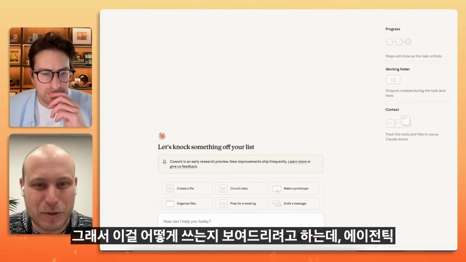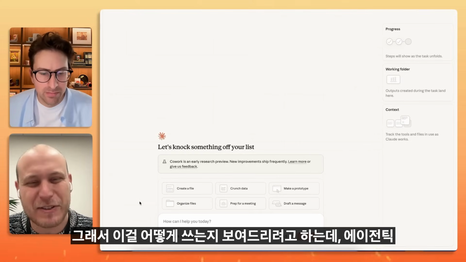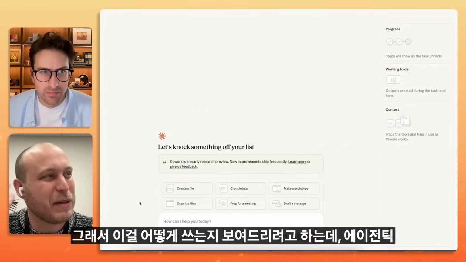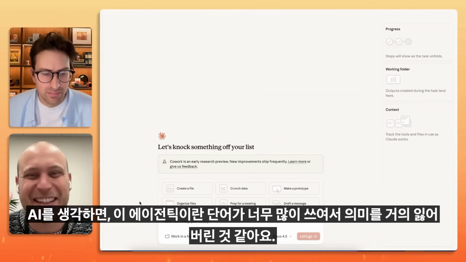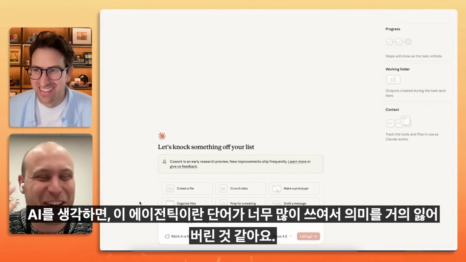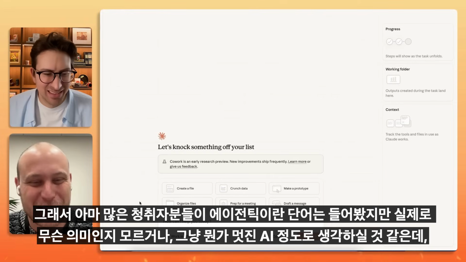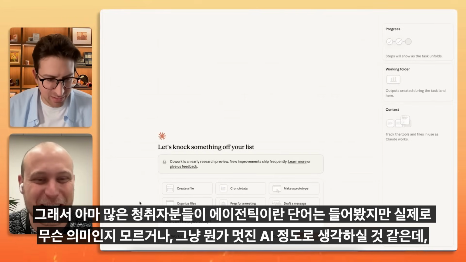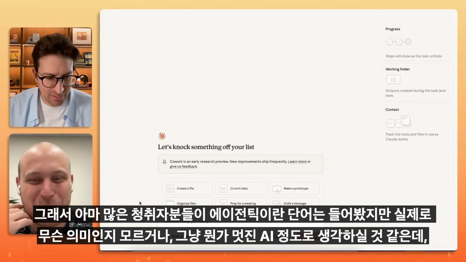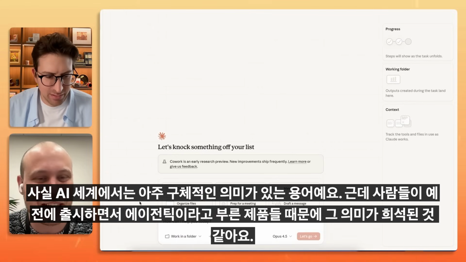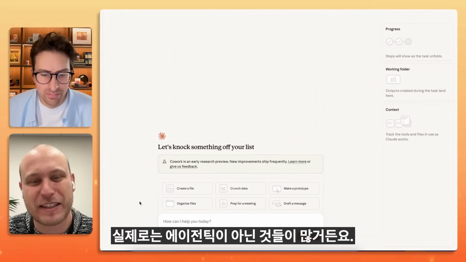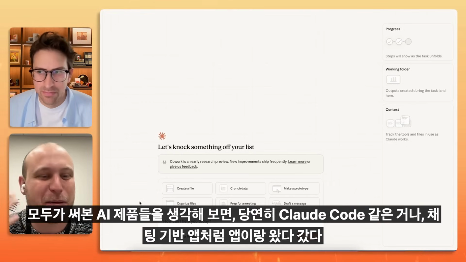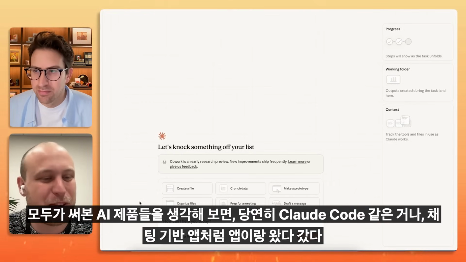And so what I'll do is just to kind of show how to use this thing. When I think about agentic AI, this word agentic has sort of lost all meaning because it's just used so much. I feel like probably a lot of listeners have heard the word agent, but they don't actually know what it means, or they think it's some cool AI or something. But it actually has a very specific meaning in the AI world, which I think has kind of been lost because a lot of the products that people have released and called agentic in the past are not actually agentic. And so when you think about the AI products that everyone's used, obviously Claude Code,